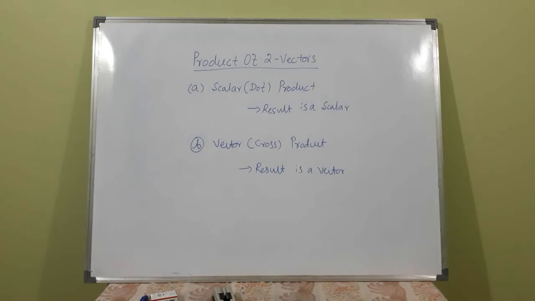Scalar product of two vectors gives a scalar quantity, whereas vector product or cross product of two vectors results in a vector again. Based on these two types of products of vectors, they have found applications in geometry, mechanics, engineering, etc. These are very important concepts and carry more weightage in this unit.